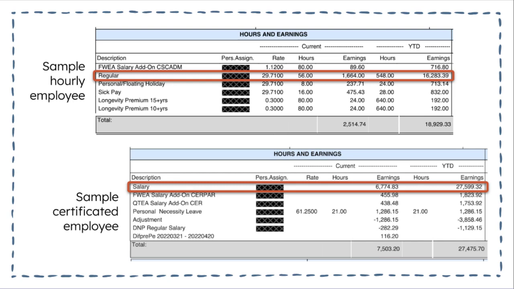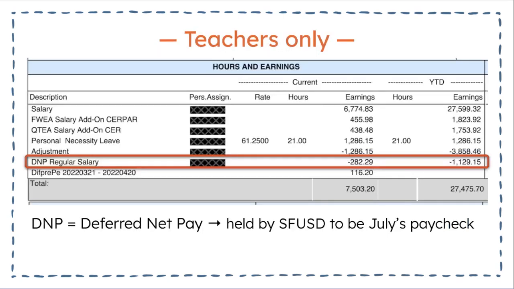Some people, especially teachers, have noticed their salary amount has changed since we switched over to Empower SF. Why is that? Oh, I'm so glad you asked this. This next part only pertains to teachers, so if you're not a teacher, you can fast forward. This year, SFUSD changed the way it reports teacher earnings to CalSTRS. In the past, we reported 12 months of earnings whether or not a teacher stays for the full school year. But now, we report earnings for the months that teachers actually worked.